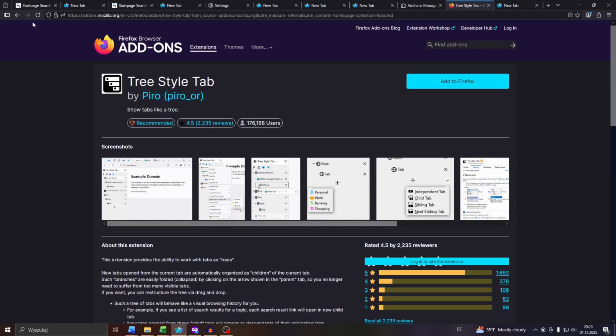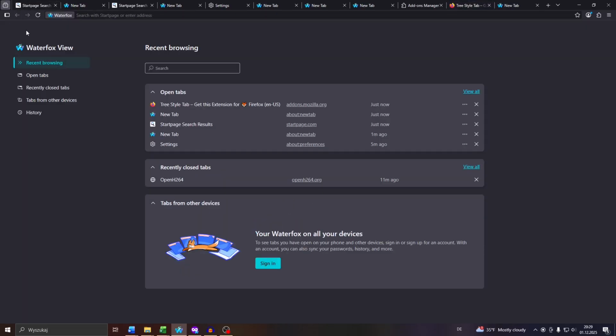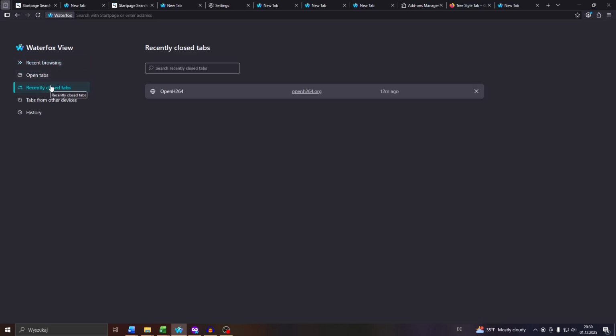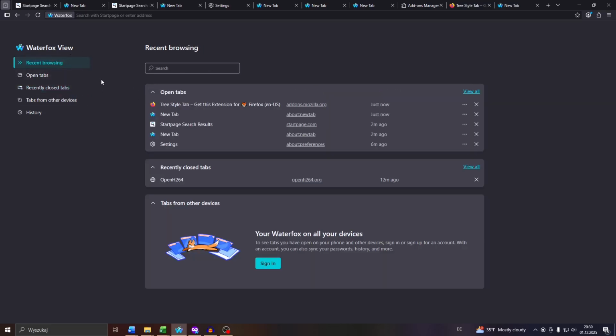Option number two, you may simply access the Waterfox View feature. It is located in the very top left corner, and here you will see the list to the left: recent browsing, open tabs and recently closed tabs. So simply navigate to recently closed tabs, and for example you may select one from there, or simply go through the recent browsing and you will see all the most recently opened websites or tabs here in the Waterfox